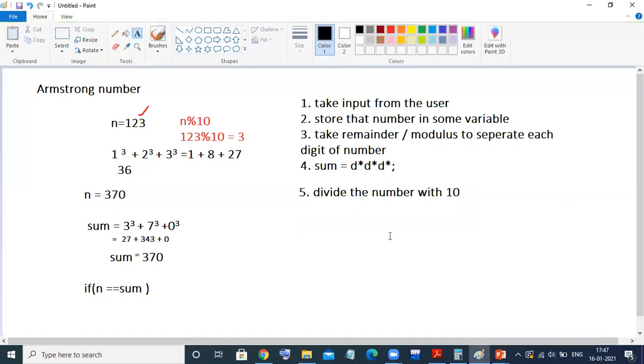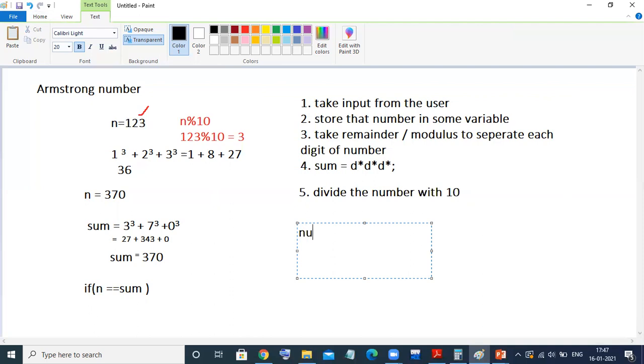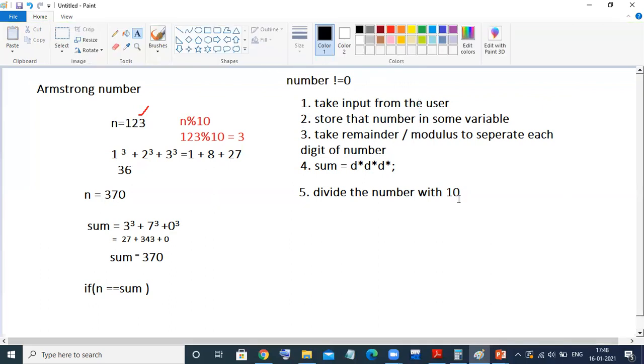This process will repeat until my number is equal to 0. I just want to repeat all these steps. I'll put this here, and I'll take, for example, a different color.